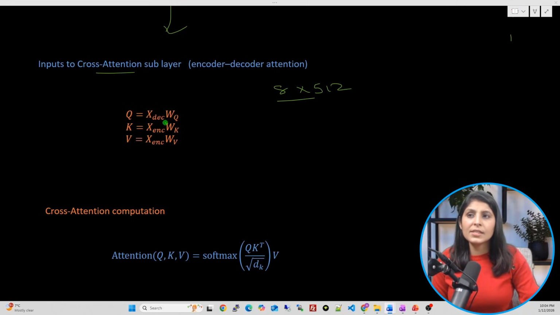See, XDEC means decoder, and for keys and values we have mentioned XENC, where ENC means encoder. That means queries are coming from decoder, from the step which we have performed here, and keys and values are coming from encoder. So this XDEC is basically the output from the previous decoder layer, and this XENC is the output of the encoder layer. So what it means is that the data is coming from the encoder in the form of